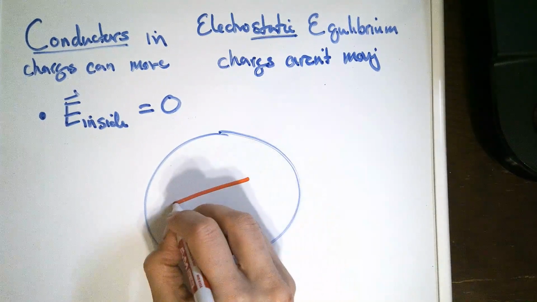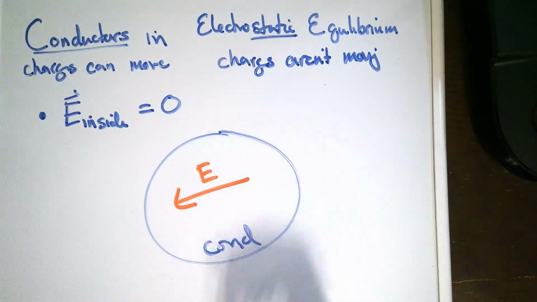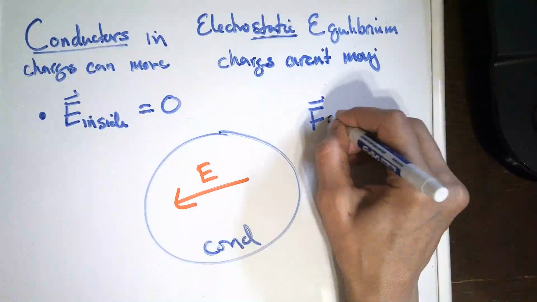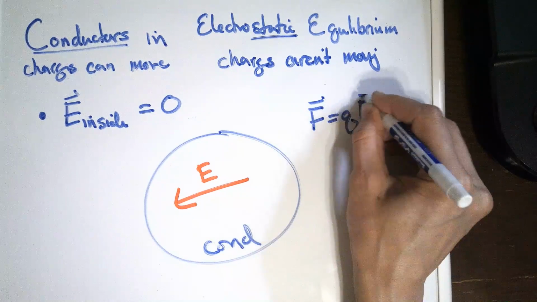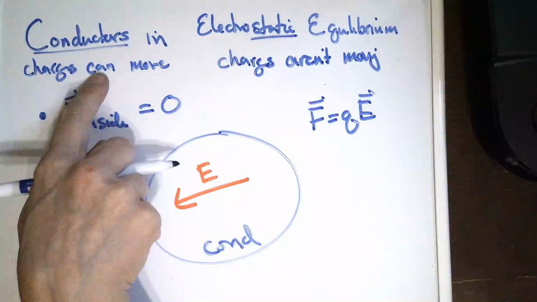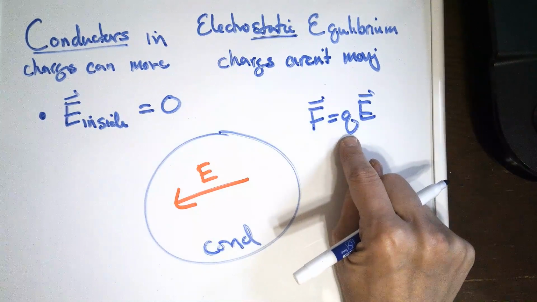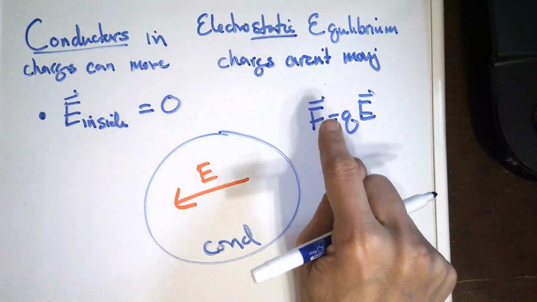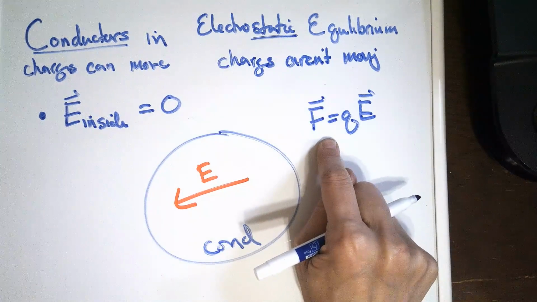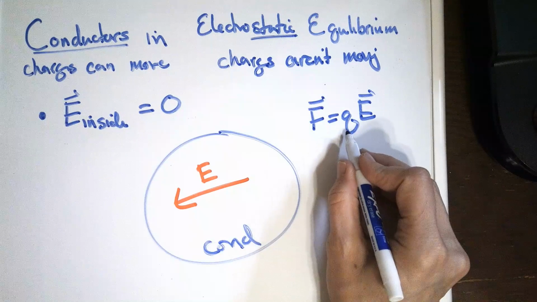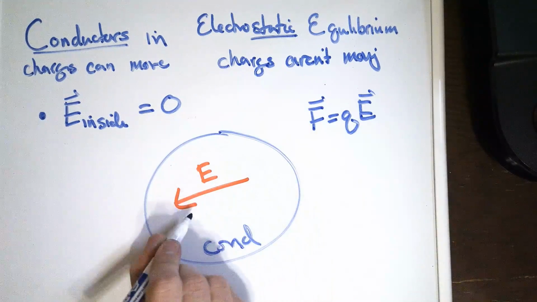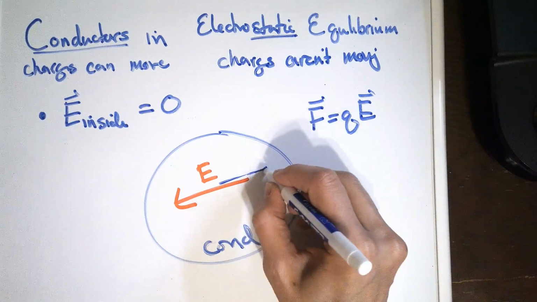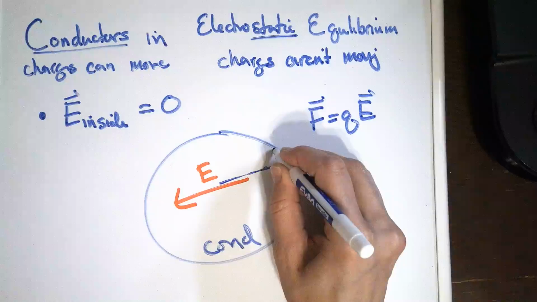Maybe there's an electric field that points like that. All right, well remember, if you've got an electric field and you've got charge, you have an electric force. And because these charges are there, they have Q, so when they're in an electric field, they will have a force, they can move, they will feel an acceleration. So the little electrons, because their charge is negative, are going to feel a force opposite the electric field, and so they're going to accelerate this way, and they're going to keep going until they actually smack into the surface